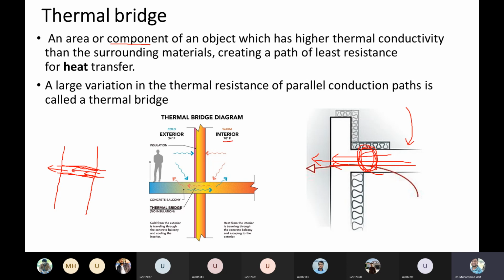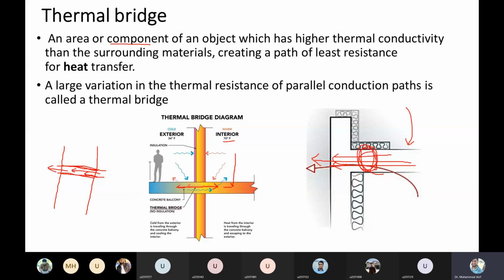The temperature inside is, let's say, 70 degrees Fahrenheit, whereas the outside is, let's say, 34 Fahrenheit. That's the exterior. So the exterior is much colder and the interior is much warmer. So although there is insulation outside, because of this insulation no heat can flow from outside to inside, or the cold air cannot come through this one. But because of the construction of the building, as you can see, this acts as a bridge, a thermal bridge. So what happens is, from the inside of the room, through conduction and convection, the heat comes into this component,